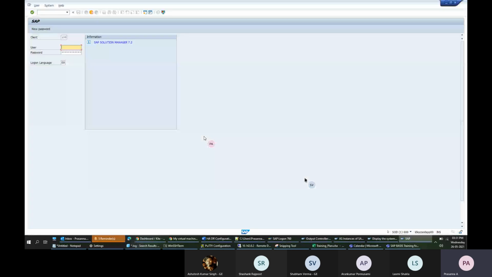That user is residing on the database server. It's not saved locally on Arun's desktop. It is saved on the server database. So if it is created, he can use that user to connect from any desktop if he knows the password. Okay.